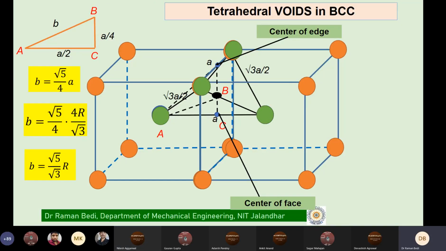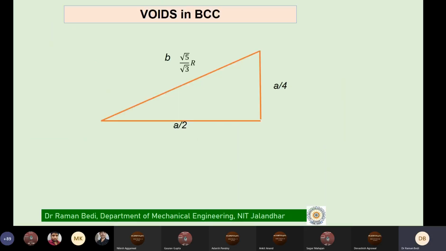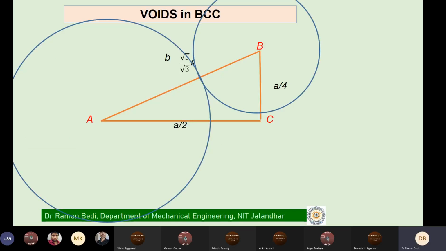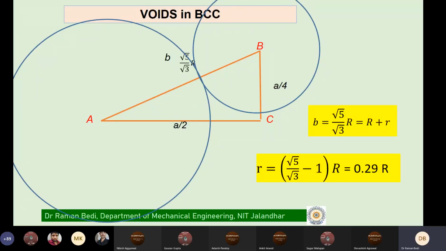I am not going to stick here because it will take a lot of time, and I may share a separate video for this, where we will come to know the size we are talking about here. For the time being, I just want to tell you what the radius ratio is. So the radius ratio that you find here for the first kind of voids in the case of this BCC,